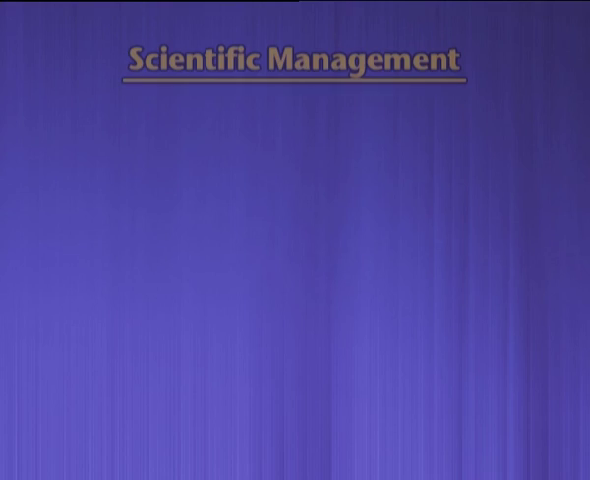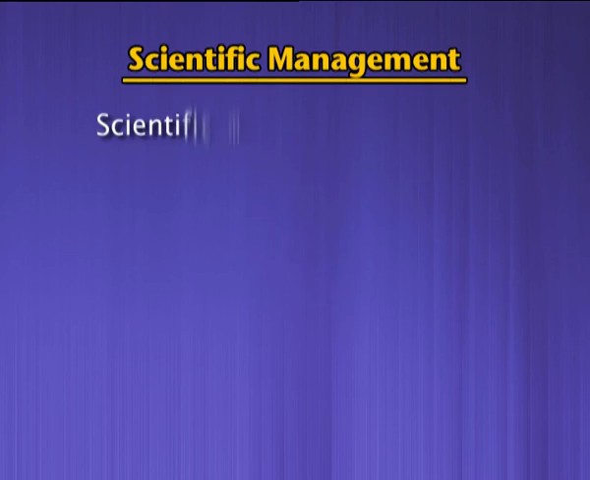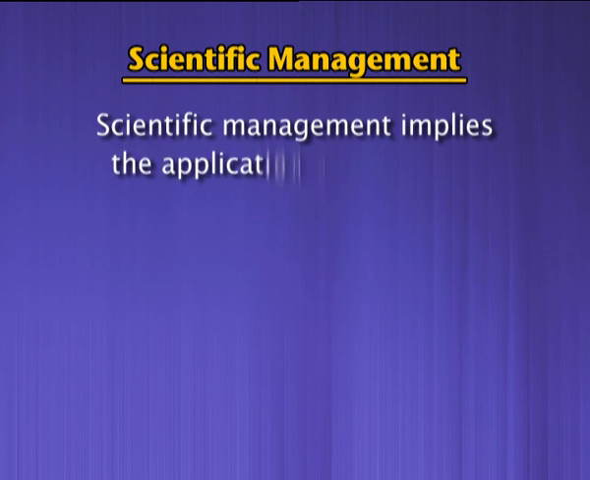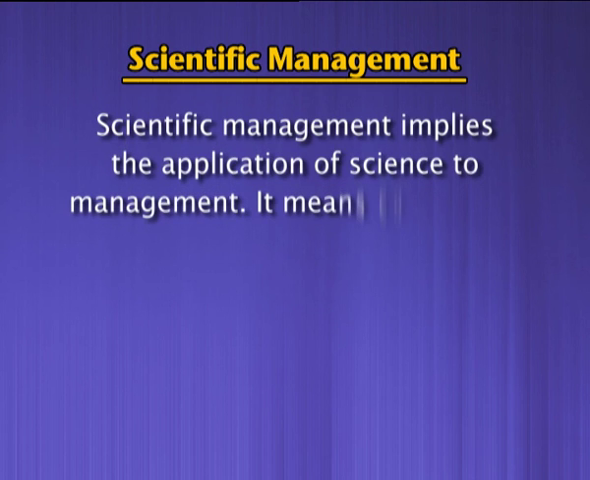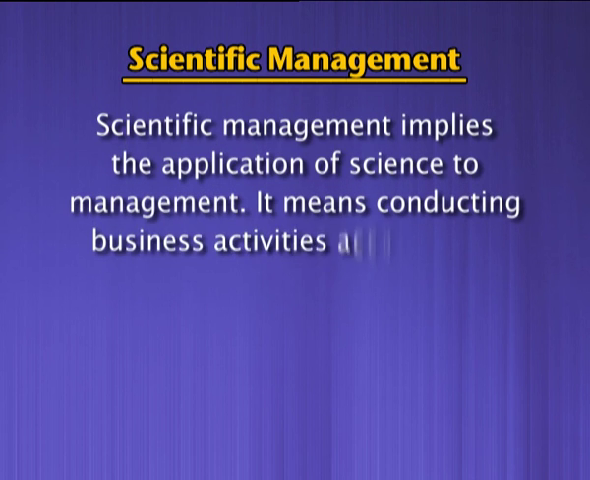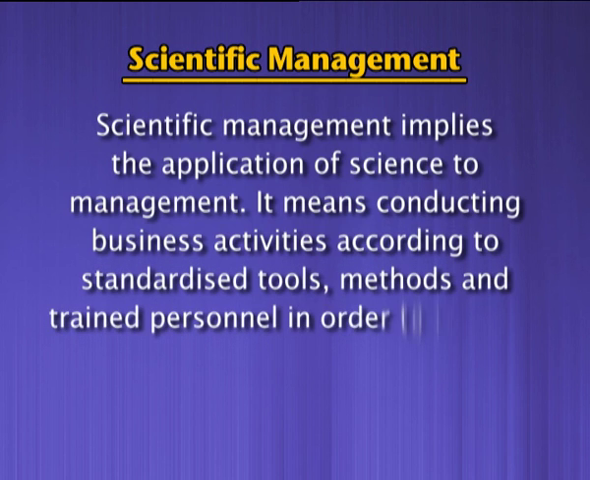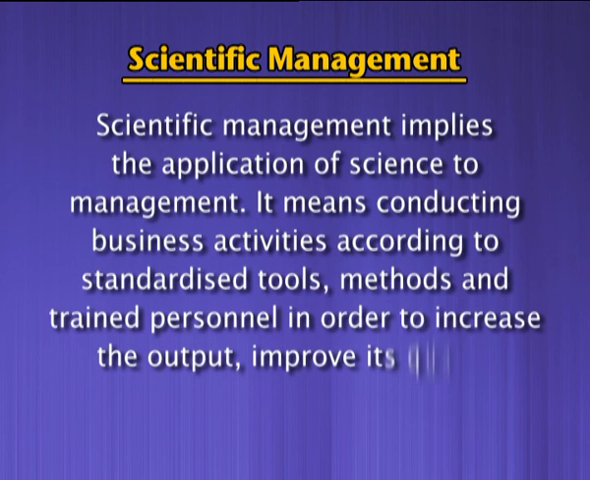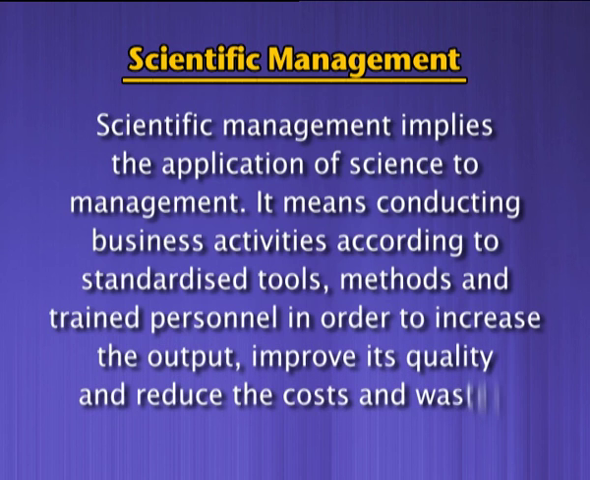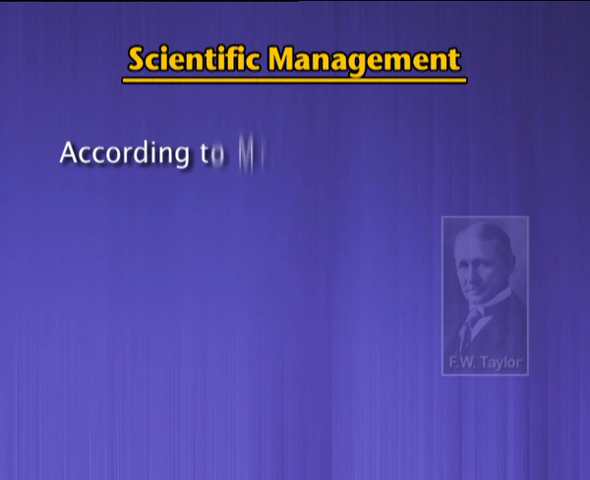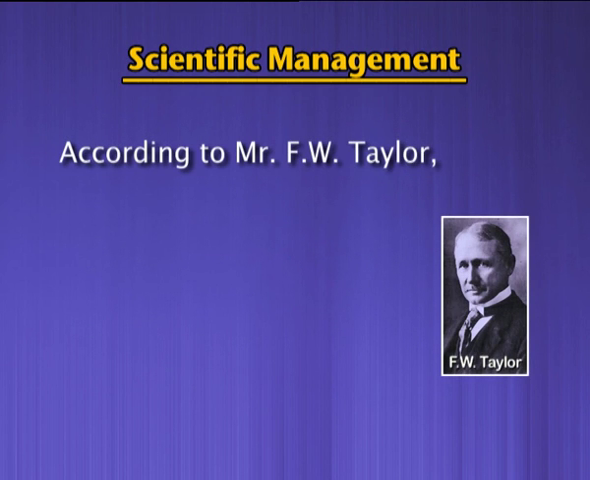Now, the meaning of scientific management. Scientific management implies the application of science to management. It means conducting business activities according to standardized tools, methods and trained personnel in order to increase the output, improve its quality and reduce the cost and wastes. According to Mr. F.W. Taylor, who is the father of scientific management,